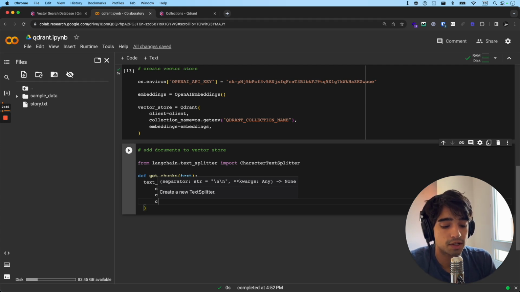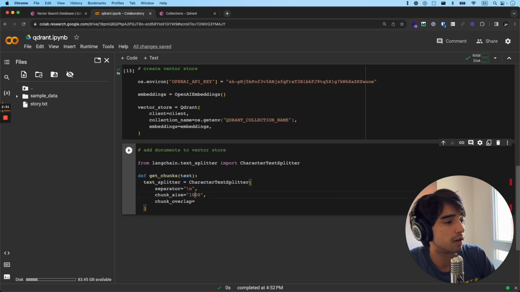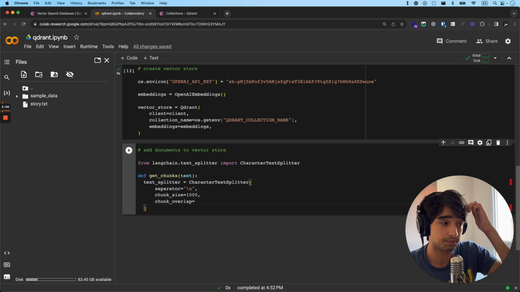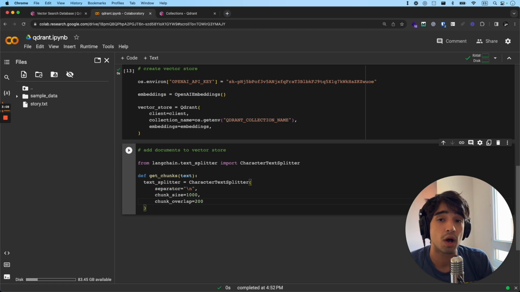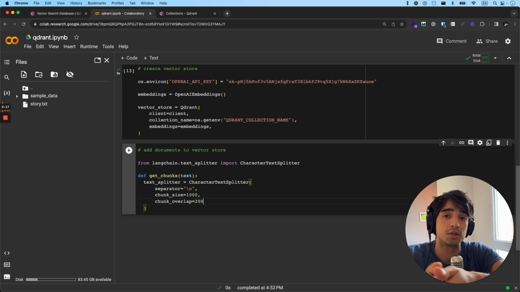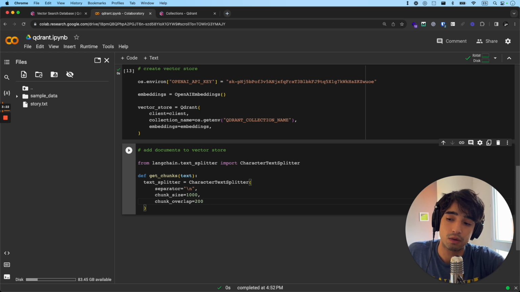Then the other parameter is the chunk overlap, which means, this 1,000 is not supposed to be a string, it's supposed to be a number, like that. The chunk overlap is the overlap for each chunk size, okay? So for example, if the first chunk goes from the character 0 to the character 1,000, if I set an overlap of 200, the second chunk is not going to start at the character 1,001, but on the character 1,000 minus 200. So it's going to start at the character 800. So the first chunk is going to be 0 to 1000, and the second one is going to be 800